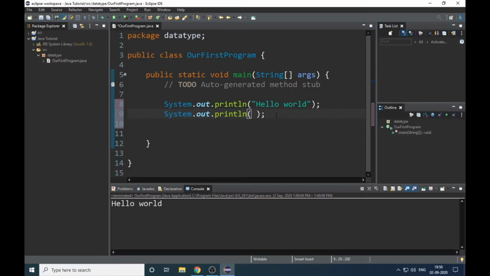Here it is. So after pressing control and space, your System.out.println statement would be written as it is. Okay. So again, we can write anything in it, like